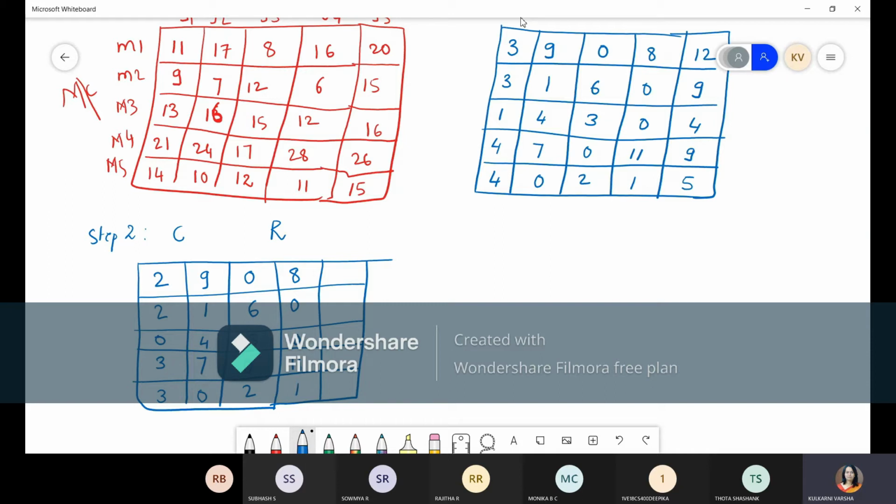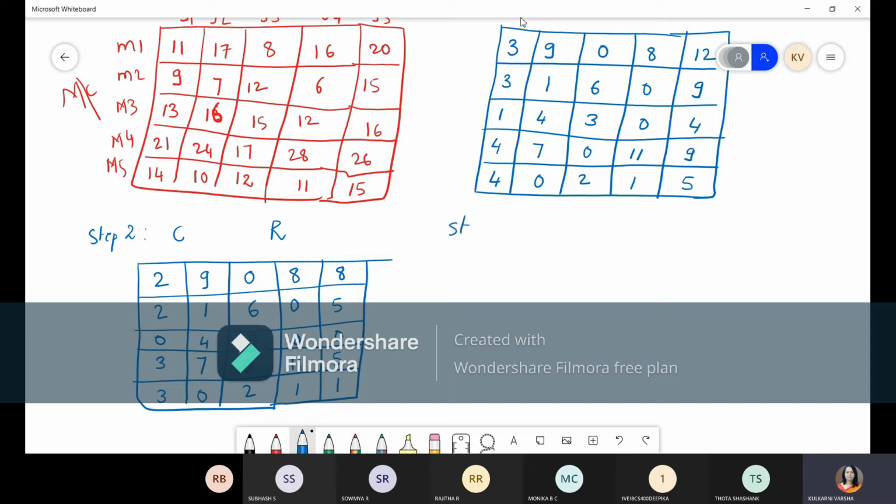Then the minimum element for the fifth column is 4. So we'll subtract 4 from each element of the last column. So this is 8, 5, 0, 5, 1. Right? So we have done with the column reduction.